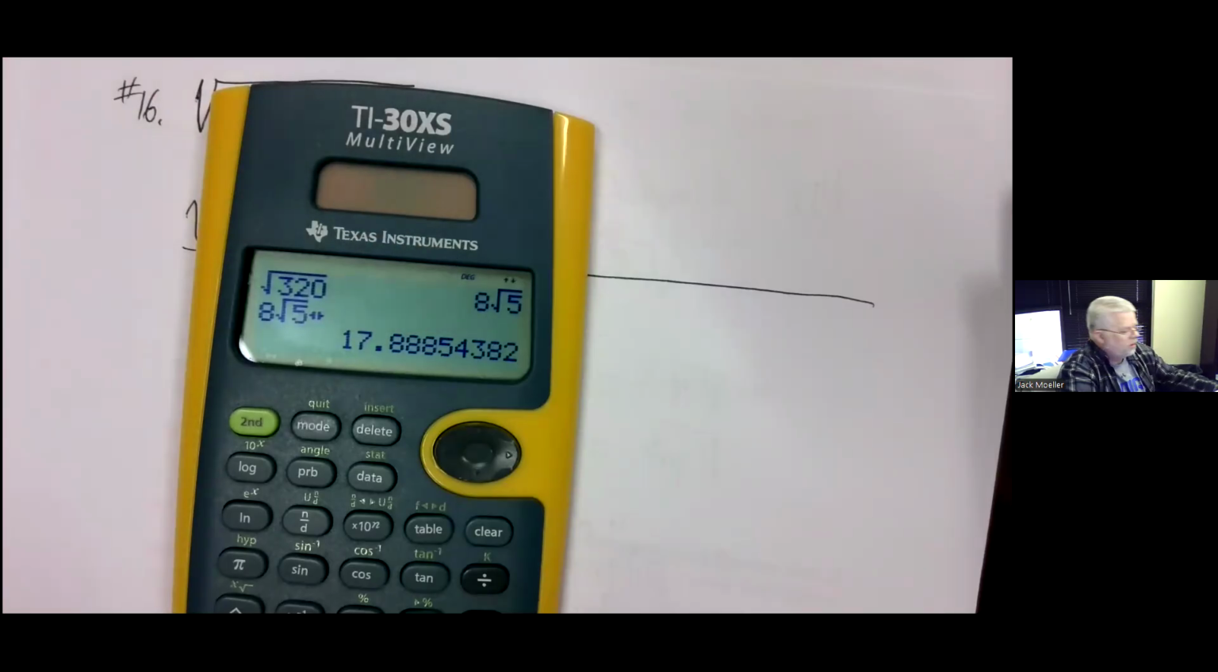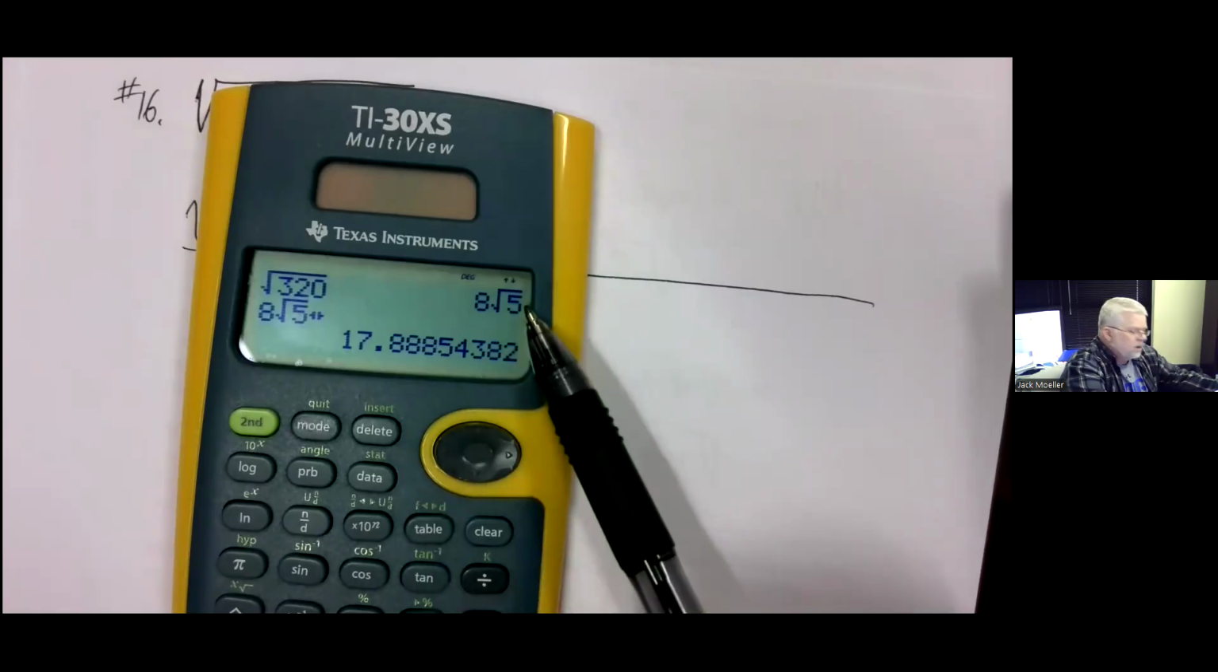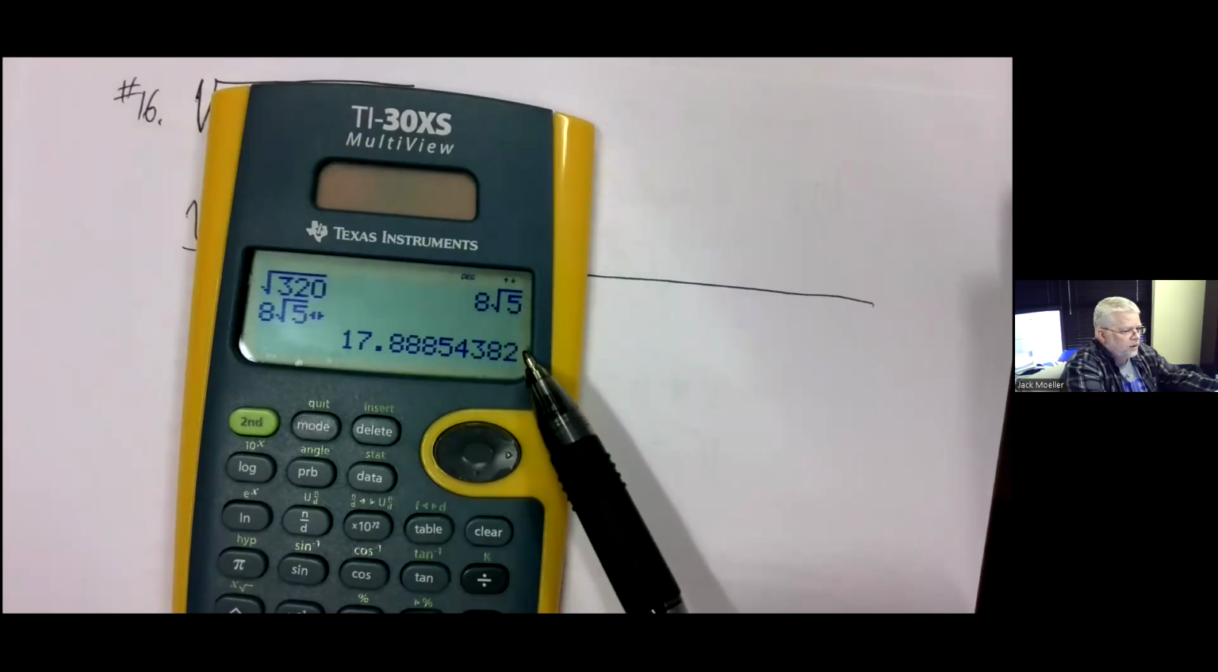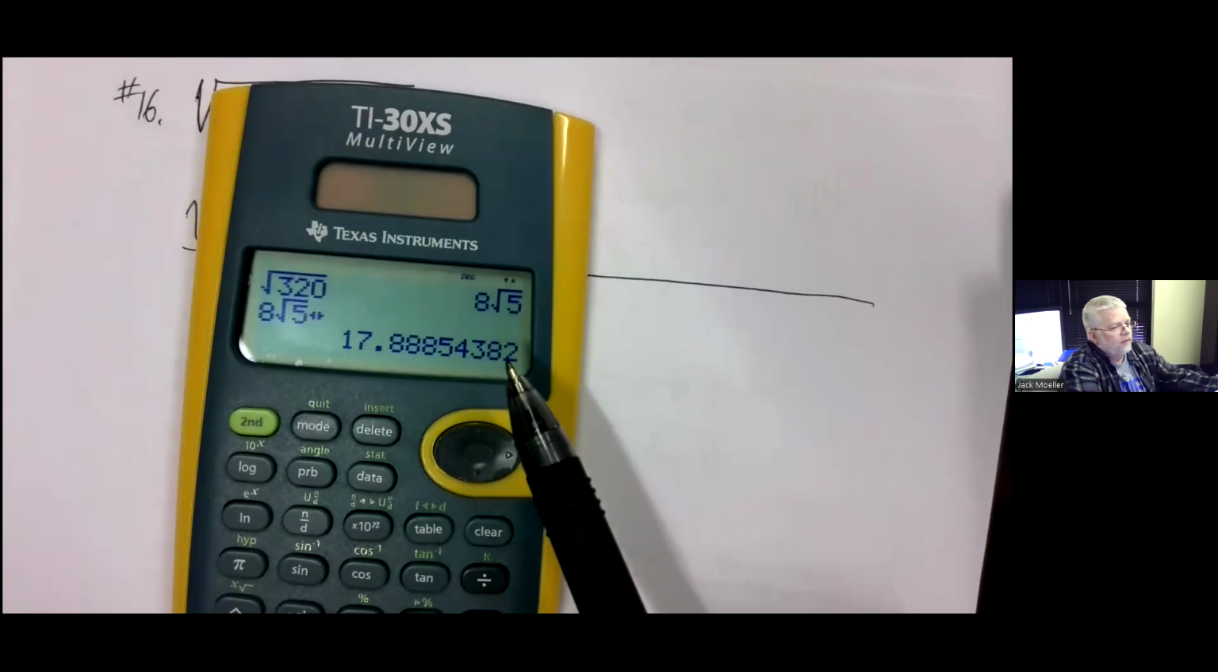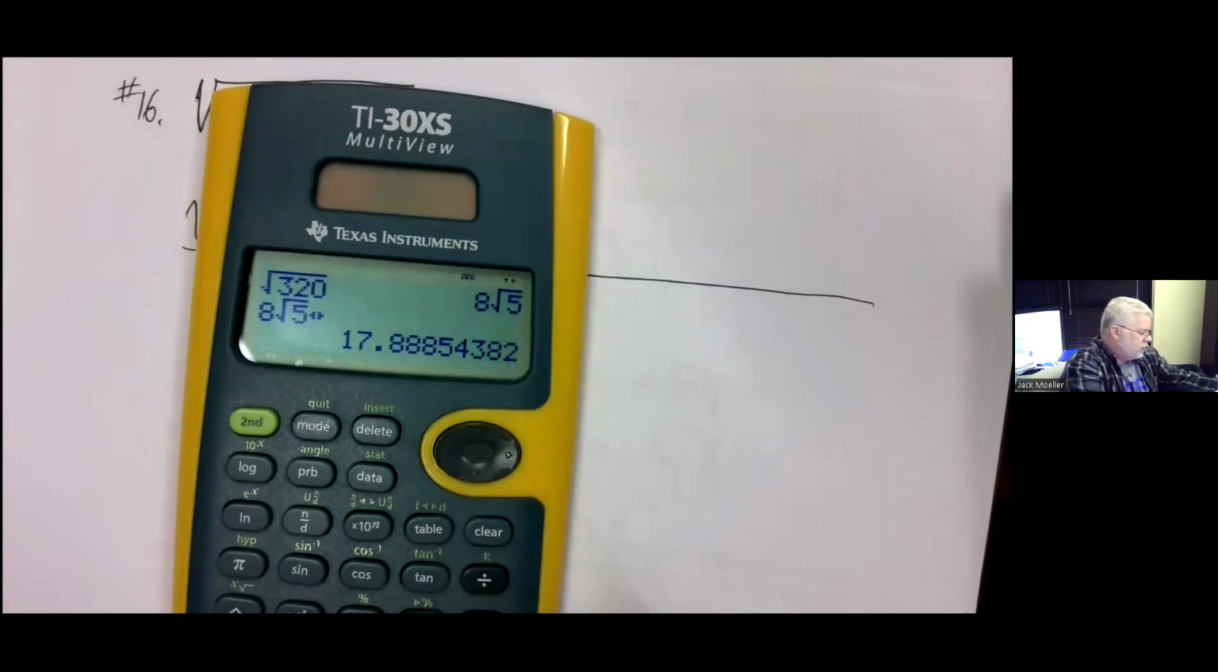If you have a graphing calculator, to be honest, I don't know how to get this answer in a graphing calculator. You might have to Google that. I think graphing calculators by default always give you just a decimal approximation. Now, if you have one of these calculators and you're getting a decimal approximation, I can show you how to fix that. Because on these calculators, you see the mode button,